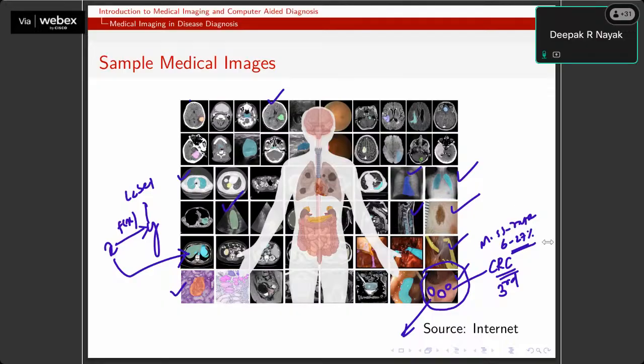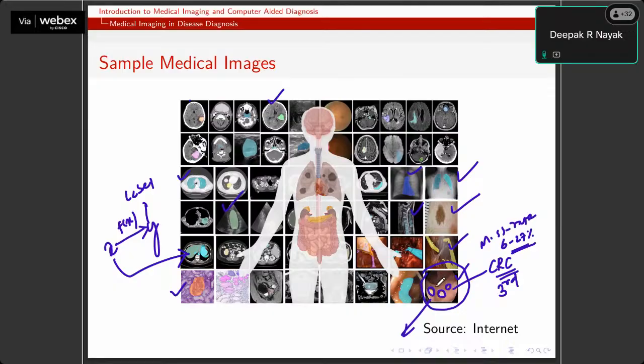And sometimes it is missed by the manual process. So the manual process is always observer dependent and it is subjective in nature, right? So that's what we know. And it is of course time consuming. It varies from person to person. That is what is known as inter-observer variability, right? And sometimes we may also find something called intra-observer variability. If you go to the same doctor multiple times, maybe the same doctor gives you different opinions, right?